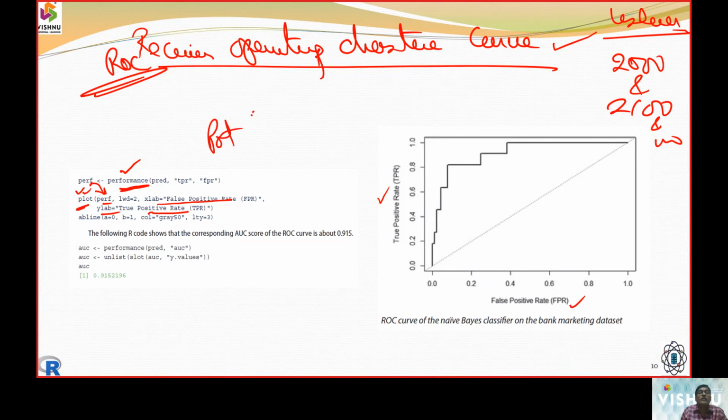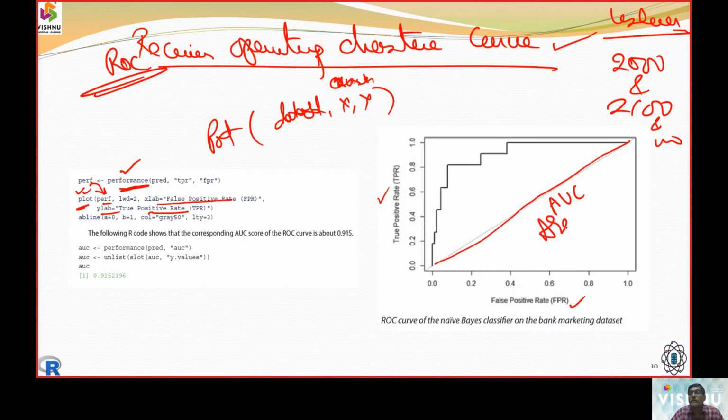So we are going to plot, then we get the data set, followed by the definition of the x-axis and y-axis, and followed by a line. Why should a line be there? I need to put the AUC, that is the area under curve. In order to mention the area under curve, first of all, where the area has to start, that is exactly at 50%. So the distinction I need to draw.